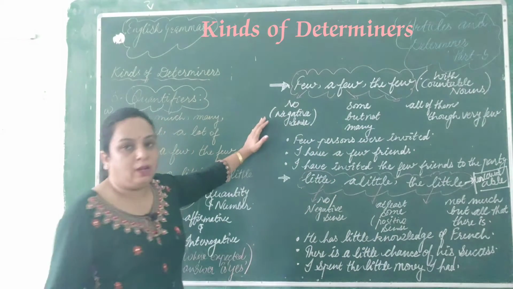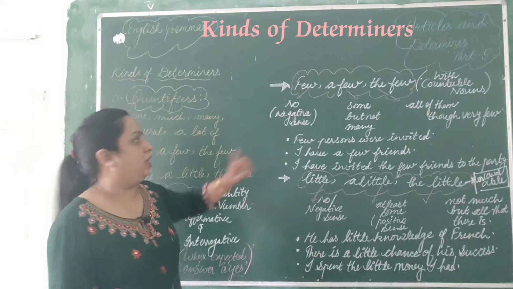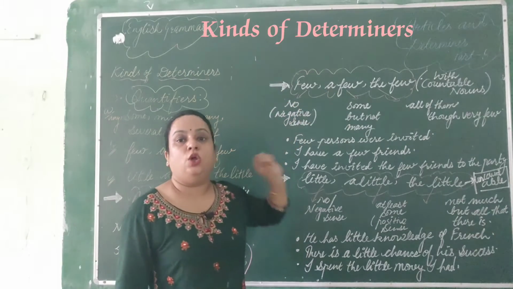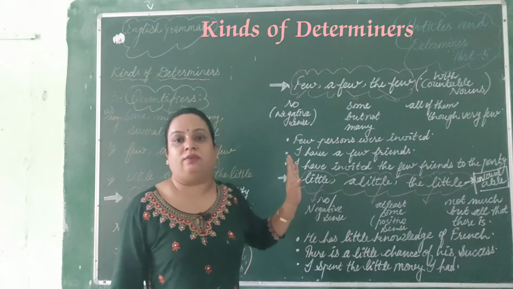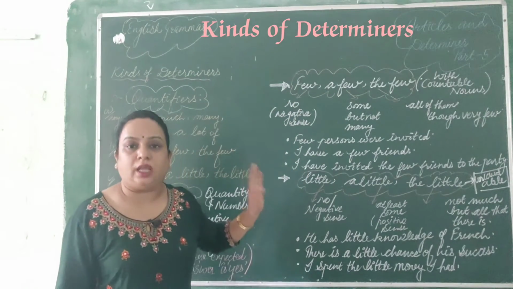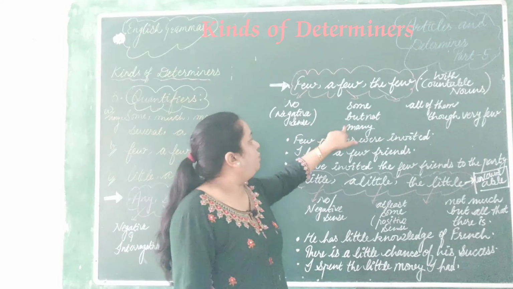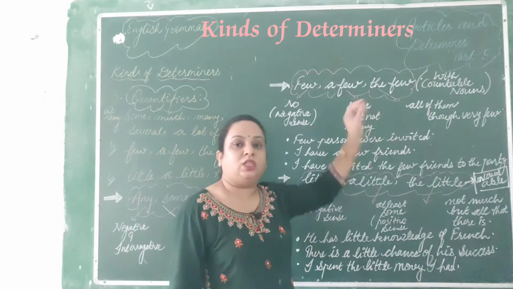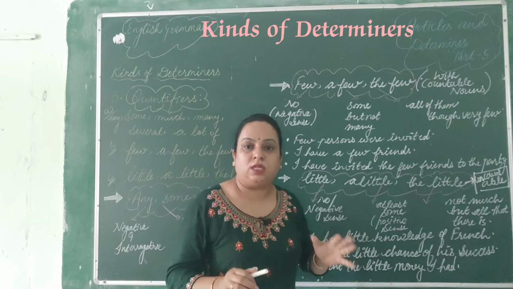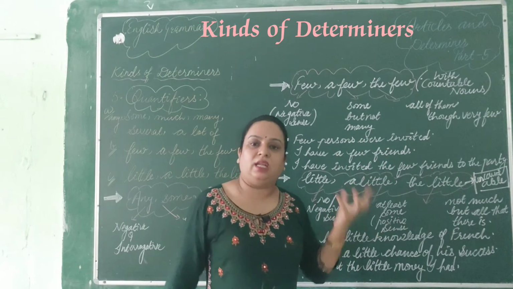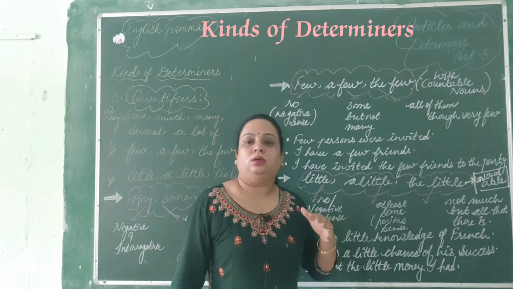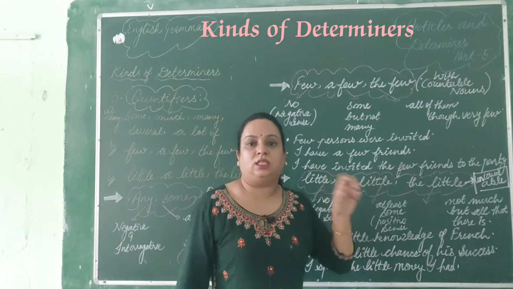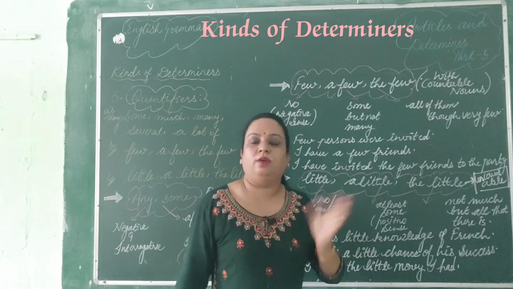Let's understand with the help of an example. Again I am telling you, few means no, equal to 0. This is giving a 0 sense, negative sense. A few means some, पर ज़्यादा नहीं है. And the few means जितने हैं उतने सारे. ठीक है, अगर कम ज़्यादा जितने भी हैं, very less हैं, लेकिन मतलब वो सारे के सारे, जितने कम भी हैं, एक दो जो भी हैं वो सभी.